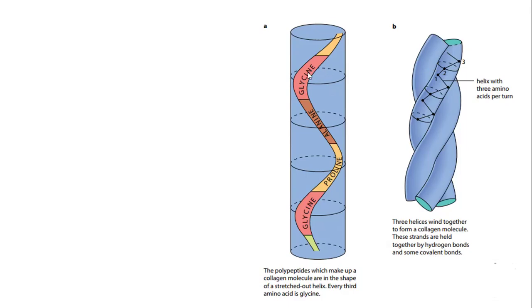So why is it important that each third amino acid is glycine? Look at these coils. They are so tight. And the fact that each third amino acid is glycine, which is the simplest amino acid, means that these 3 polypeptides can tightly be wound around each other compared to if there was a bigger amino acid. If there was an amino acid with a bigger R group, the tight coiling couldn't be possible. Think of this: when you are hugging